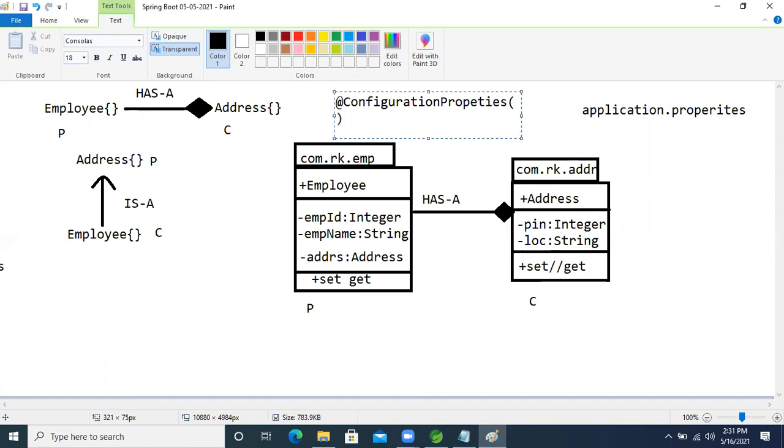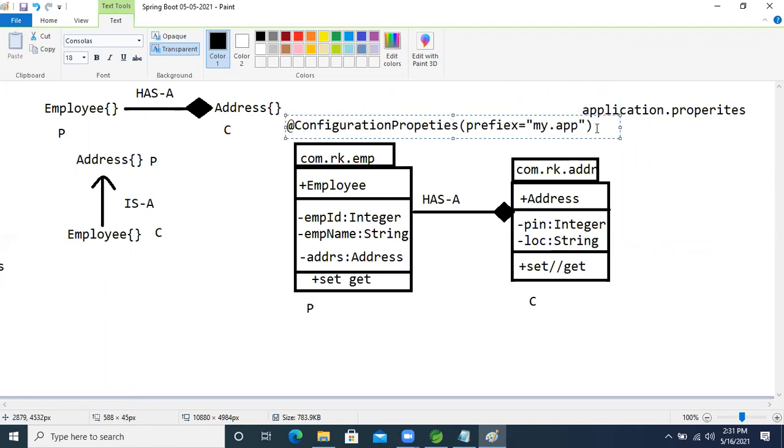Inside that we will decide one prefix. What prefix am I going to take? Just my.app only. This is our prefix.